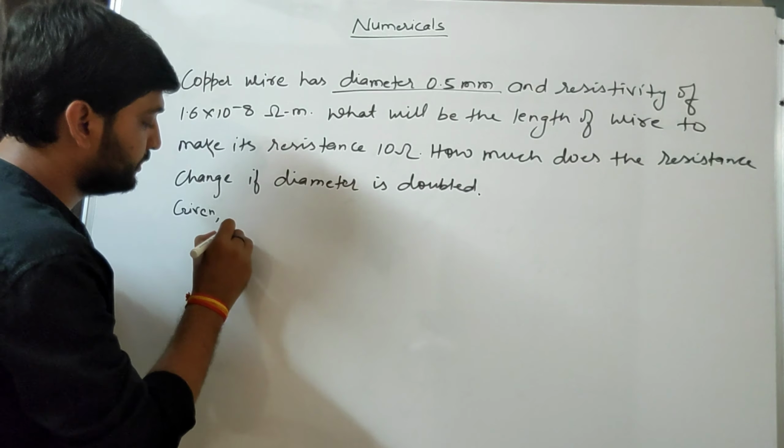That is also based on the same formula, R is equal to rho L upon A. And that is basic. Everything is given, we just need to calculate. This question was somehow a tricky question because it contains two parts. But the last question is just a direct one. What is that? Fifth one.